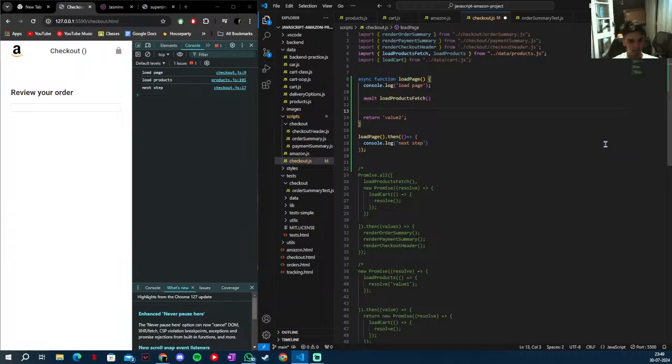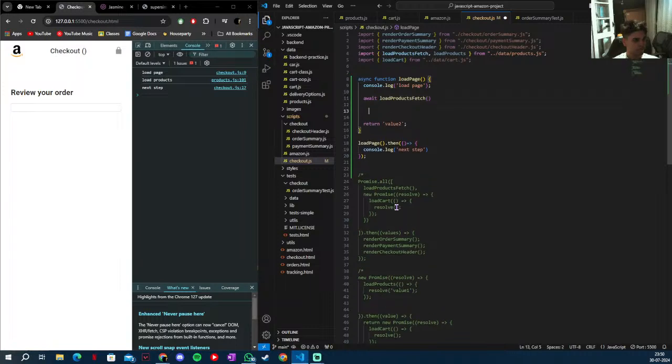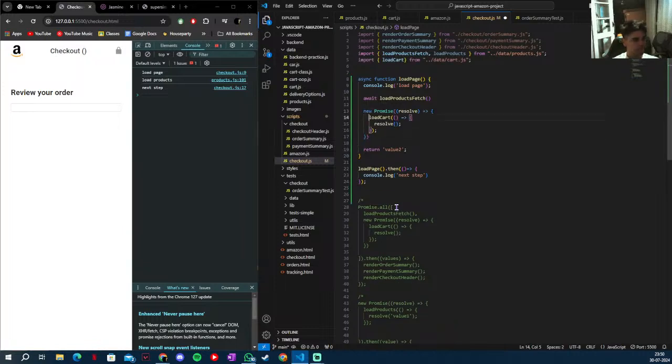Async await can only be used with promises. It doesn't do anything with a callback. So we'll select this promise and right-click, copy, and then up here, we're going to load the cart with a promise by right-clicking and paste. So now we want to wait for this promise to finish before going to the next line. To do that, at the front, we can simply type await. Finally, after we load